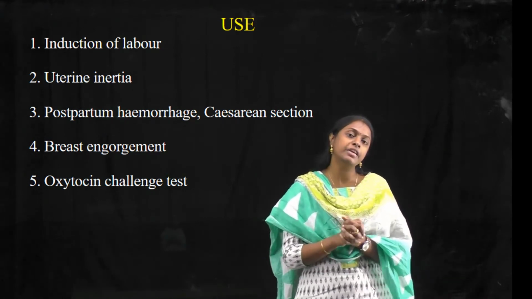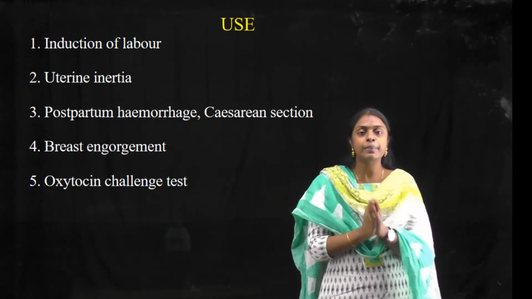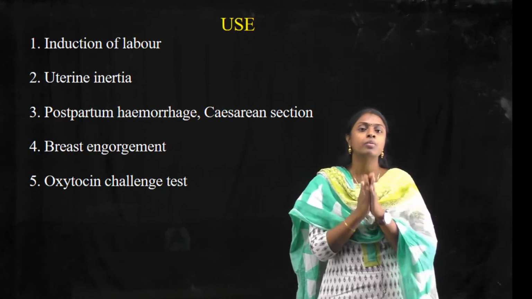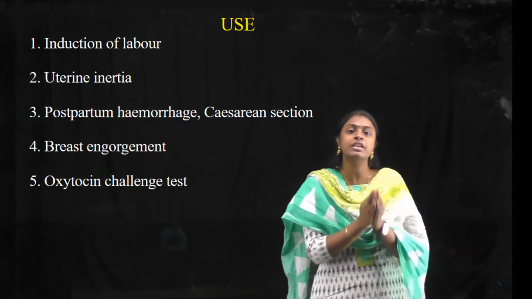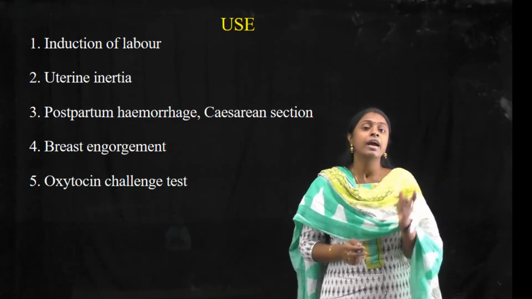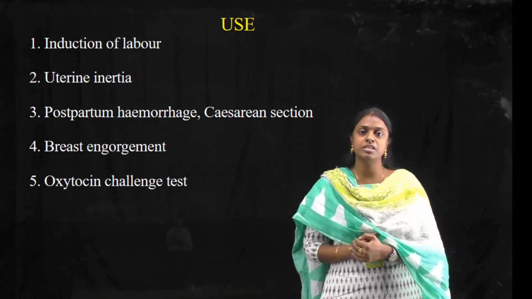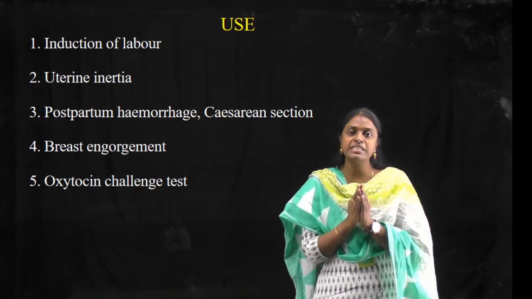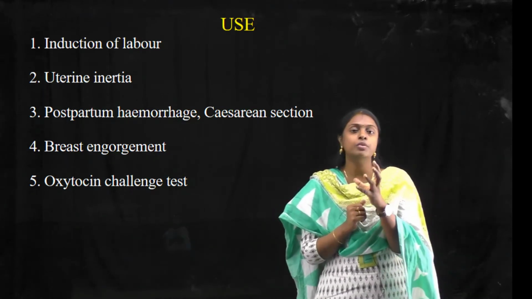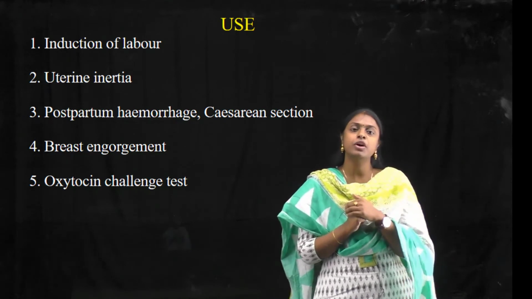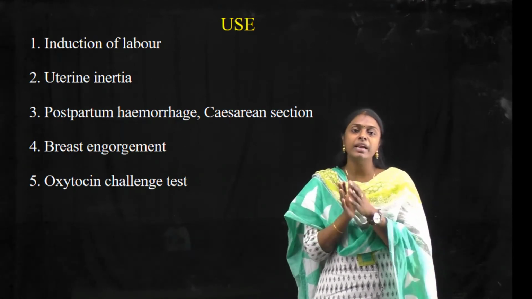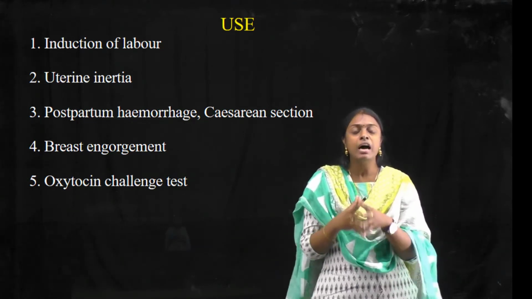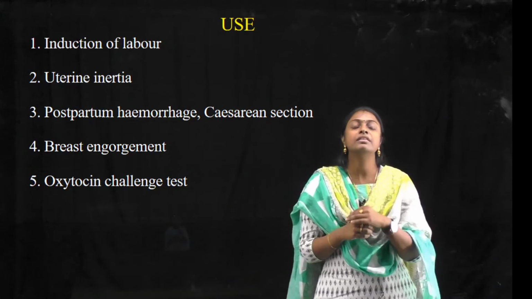The next one is diabetic mothers. In the mother, there will be diabetes. So when there is diabetes, there will be a few complications to the fetus. For that reason, we will give oxytocin and induce the contractions. And the next one will be erythroblastosis. In this, there will be destruction of RBCs in the fetus. This is due to the maternal immune system. In this, what will happen? The mother's blood and fetus blood won't be compatible. In those cases, the fetus's RBCs will get destroyed by the mother's immune system.